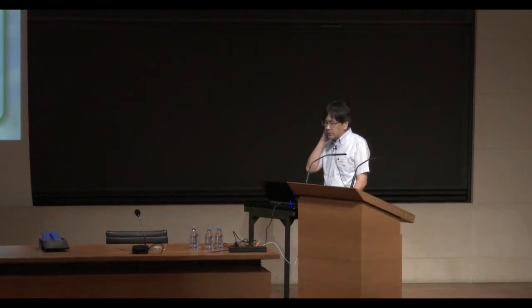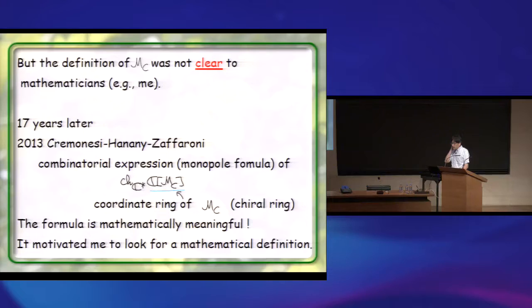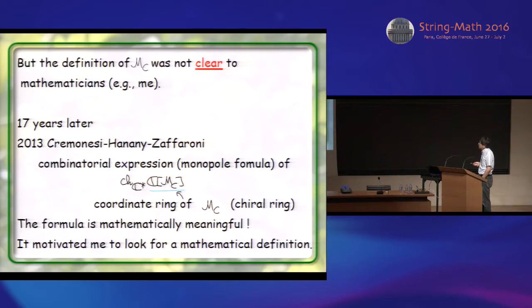So at that point, I think I heard a talk by Witten at the Newton Institute in 1996. He explained this work of Seiberg-Witten, and it was very interesting. But somehow I couldn't really understand, because the definition of the Coulomb branch is not clear. Then 17 years later,